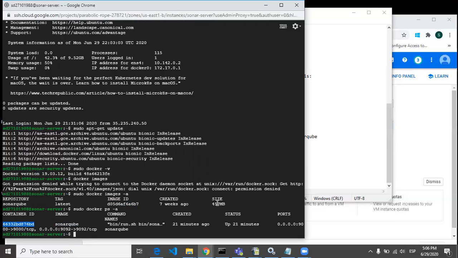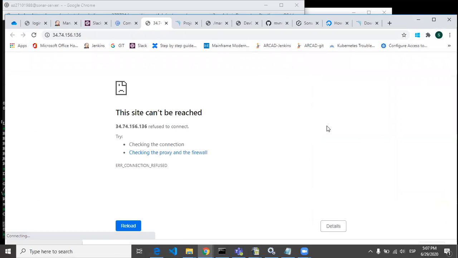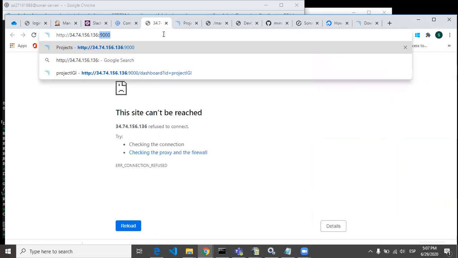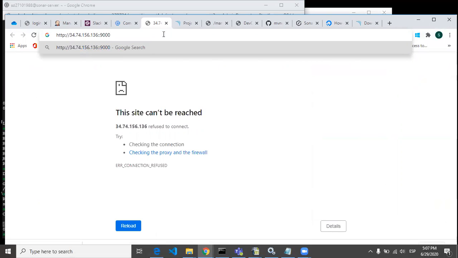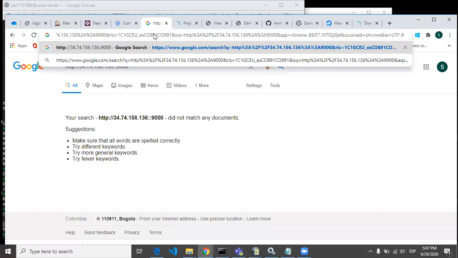Once you do all these steps, come to this console part, compute engine, and just hit on external IP. Go here, just remove the HTTPS and put HTTP, and give the default port for SonarQube, that is 9000.